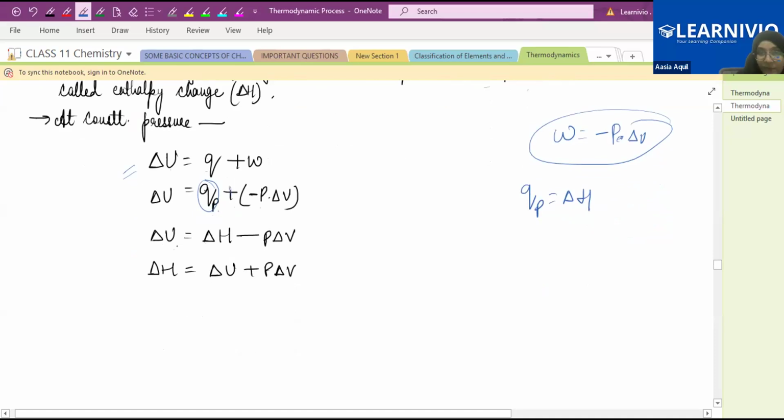Enthalpy change will become delta U plus P delta V. That's the enthalpy change equation. Change in enthalpy is equal to change in internal energy plus the product of pressure and the change in volume. Okay, so that's the formula, that's the equation. Now, let's derive some